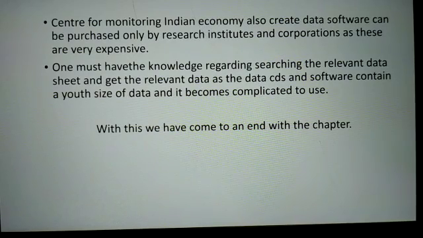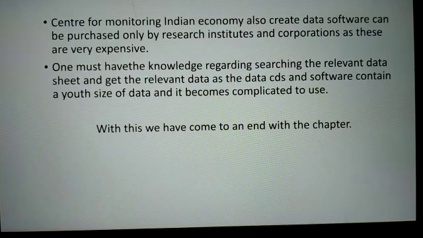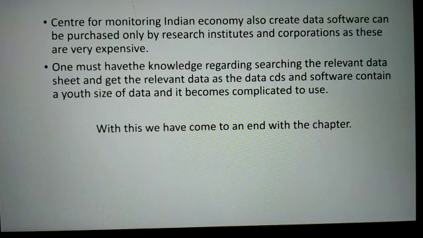With this, we come to the end of the first chapter, use of diagrams and graphs in economics. The most important questions which will be asked for the board exam from this chapter are difference between diagrams and graphs, and use of technology in the study of economics. The total marks allotted for this chapter is 4 according to the blueprint of the government of Gujarat.